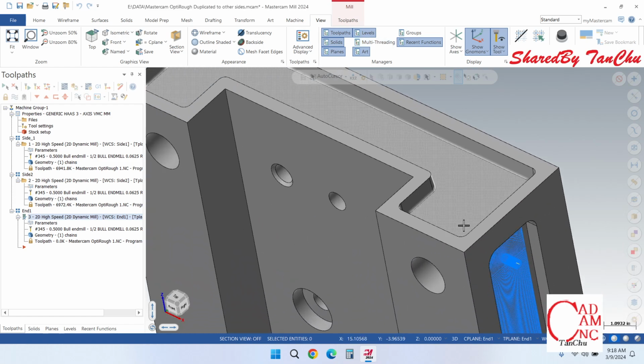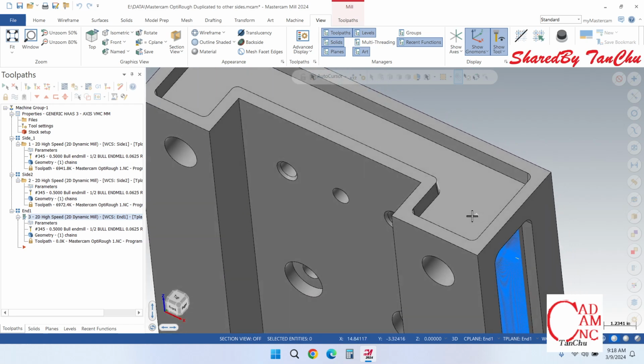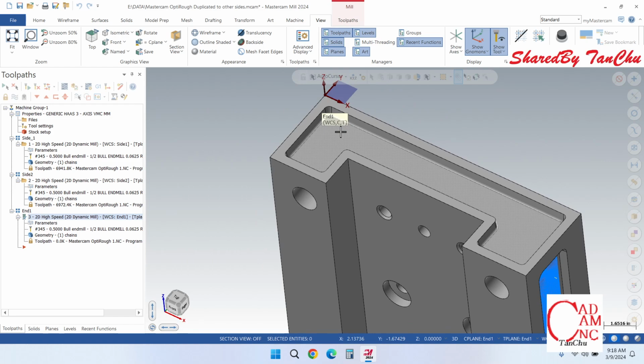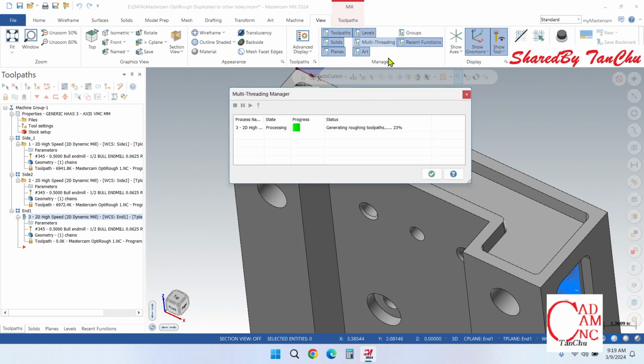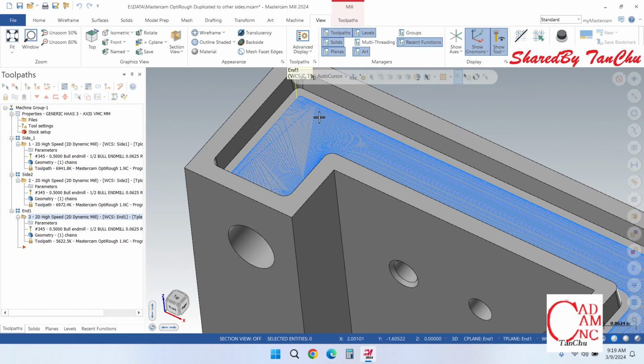And when we see the toolpath show up, that means the multi-threading is done and ready to verify. It's showing up already,